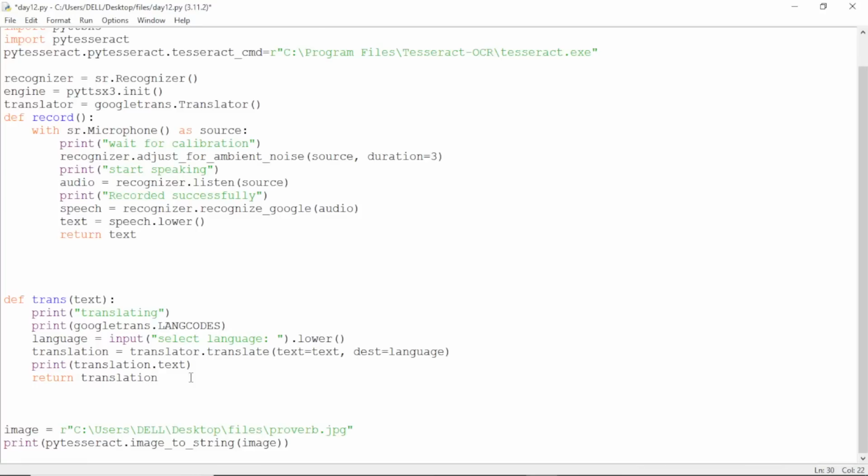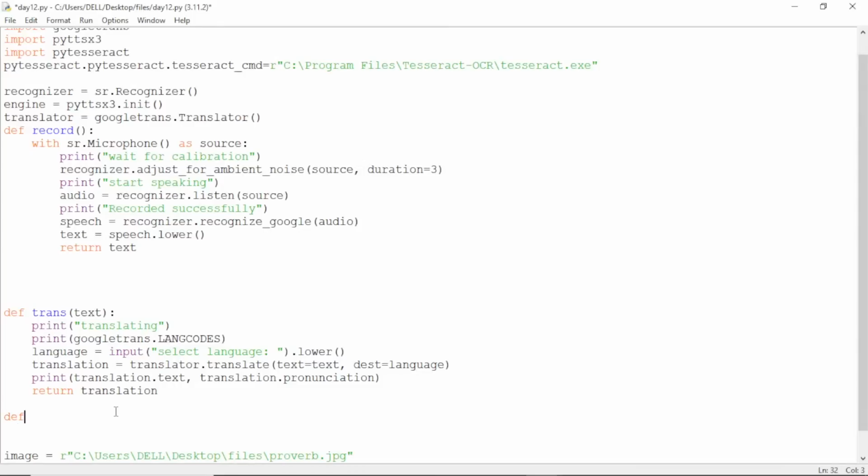Speaking will be different, so I want just to translate this. Whatever the input text I'm giving, it is going to ask you the language code and it will translate and give you the output, okay. Clear, guys? I'll print the pronunciation also, translation dot pronunciation. Clear, guys? So once we are done with it, let me create another one for speaking, okay, another function, define speak, and